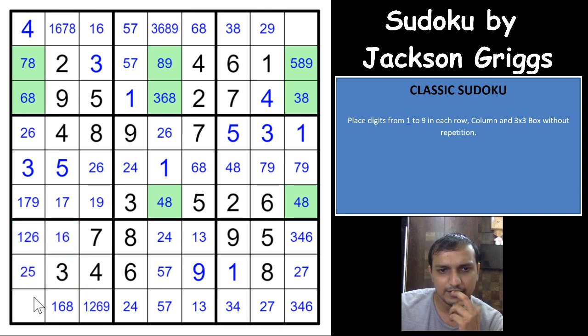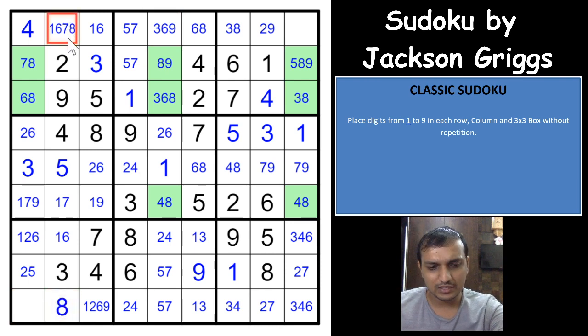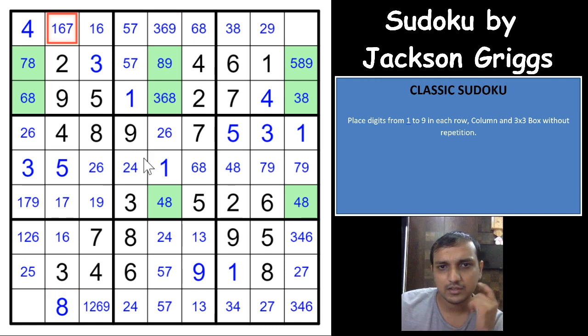That's nice, you got one 8 here, and that eliminates 8 from this cell as well, this cell as well. So maybe you can eliminate 8s actually. You can eliminate 8 from here, you can eliminate 8 from here as well, so you directly get an 8 here. That eliminates 8 from this cell as well. Let me write that here. And so now we can write a candidate here.